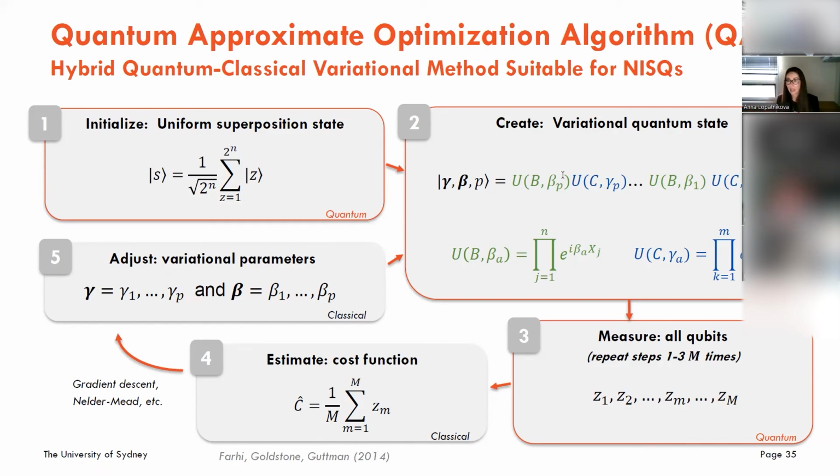And then you use these variational parameters and you stick them in the next iteration, and you make another variational quantum state. It's beyond the scope of this talk to prove why this works, but Farhi, Goldstone, and Gutmann, who came up with this algorithm, demonstrated that in the limit of p goes to infinity, so if you apply these gates infinitely many times, it actually gives out the exact result. When p is finite, you get an approximate result, and you can control your approximation by seeing how deep your